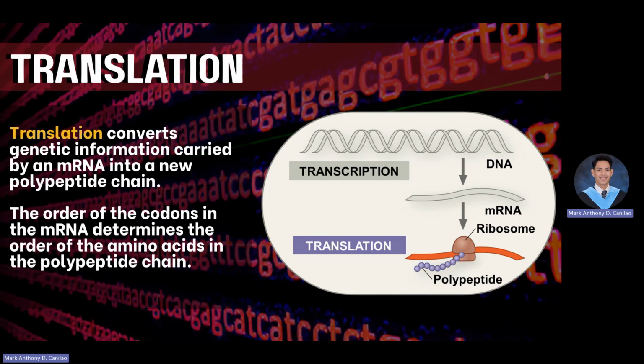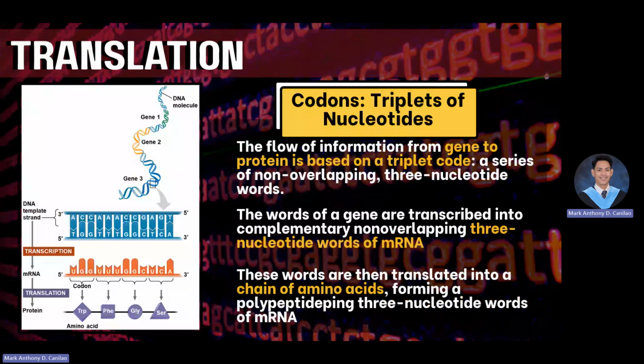So the order of the codons in the mRNA determines the amino acid in the polypeptide chain. Let me repeat so we don't get confused. How are we going to identify what type of amino acid is next? We use the mRNA. So we have to look at the mRNA, not the tRNA. Okay? We need to look at the codon, not the anticodon, or the 3-letter code known as the codon. So again, translation happens in the cytoplasm.